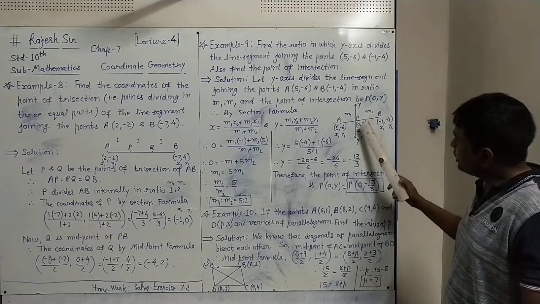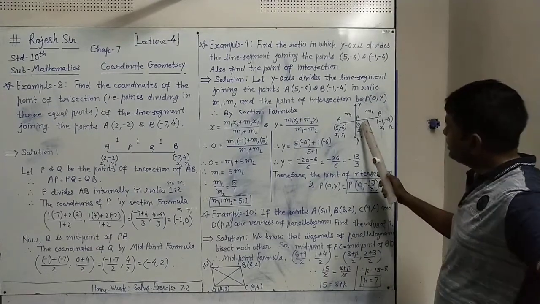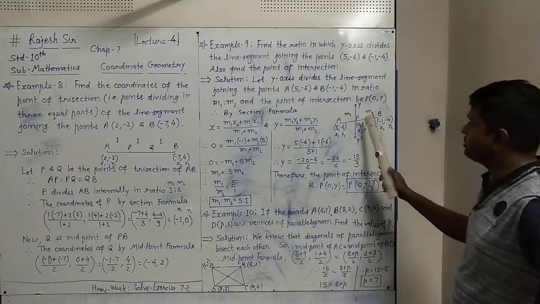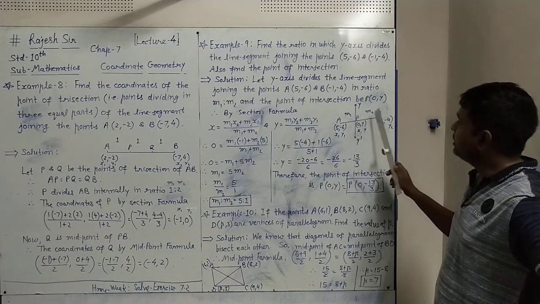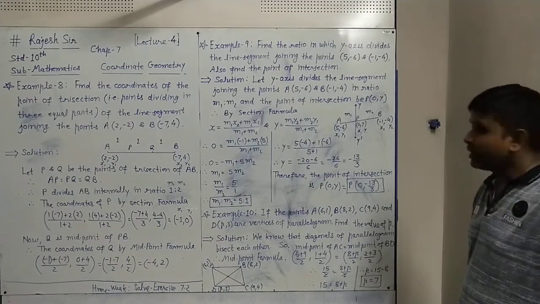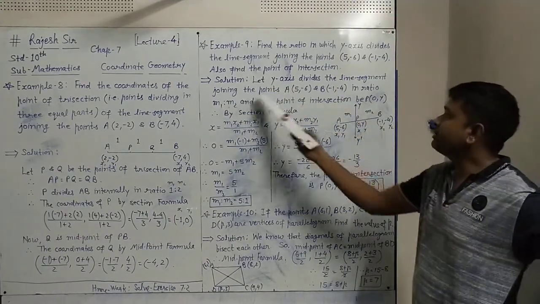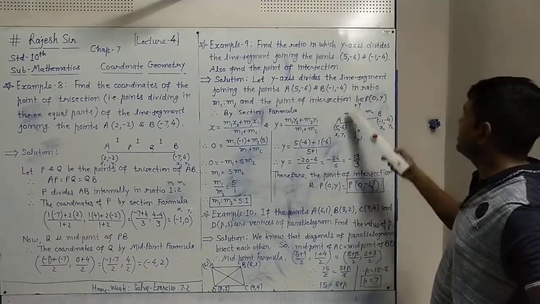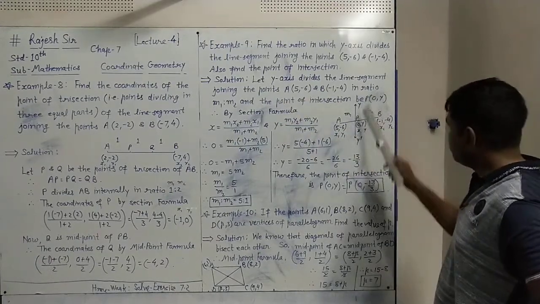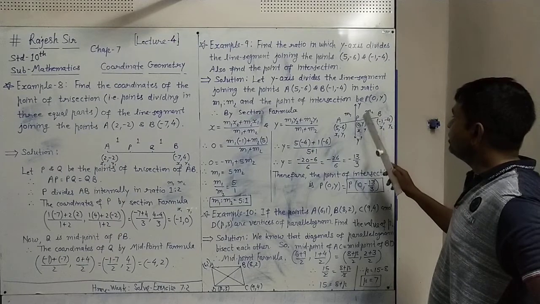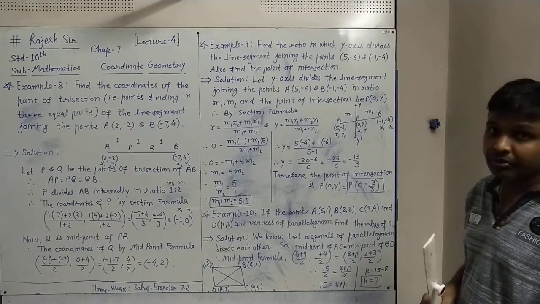So we can consider the coordinates of the y-axis point as (0, y), right? So that's why here we write (0, y). The point of intersection is P, having coordinates (0, y). And let this point P divide AB in ratio m1:m2. So all this information we have written here. Let the y-axis divide the line segment joining A (5, minus 6) and B (minus 1, minus 4) in ratio m1 is to m2, and the point of intersection P of the y-axis and line AB is (0, y). Why (0, y) again? Because it is on the y-axis, so it will be in the form (0, y).